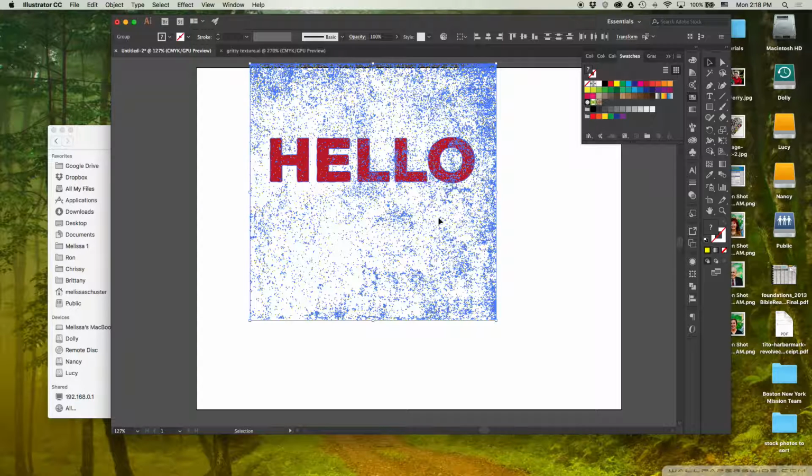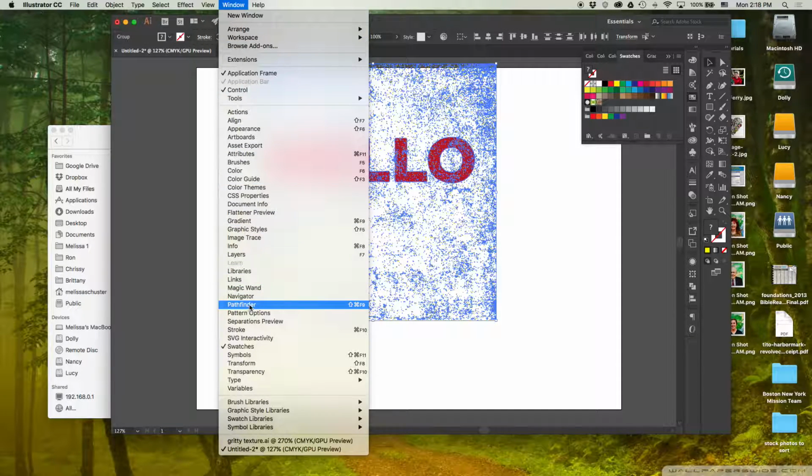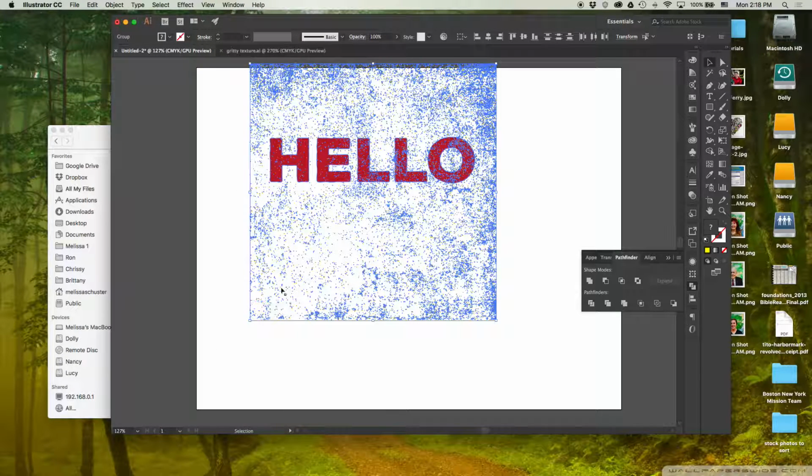All right, so everything is expanded. Now we need to go to our Pathfinder. That's this right here. Now if this does not show up in your toolbar, you can go up to Window and Pathfinder, and it will open it up for you. Okay, now we need to divide, and that is this button. You're going to click it,